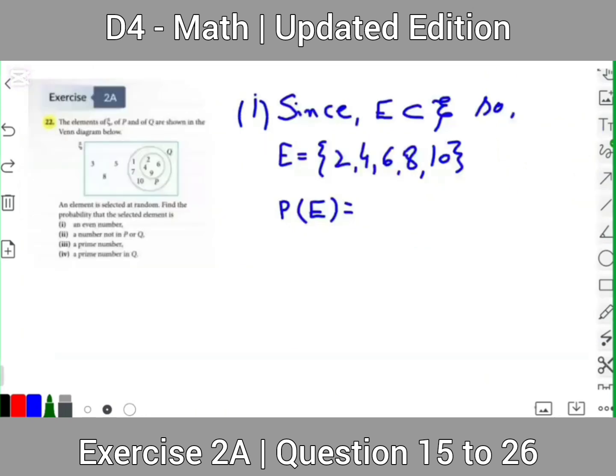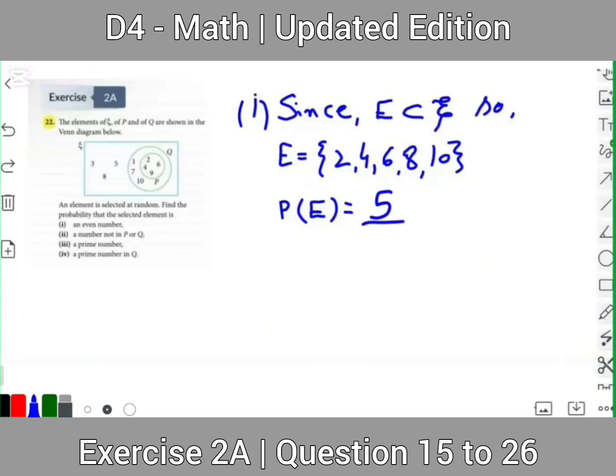Now, question 22. The elements of eta, of P, and of Q are shown in the Venn diagram below. An element is selected at random. Find the probability that the selected element is an even number. So in the first part, since event E is a proper subset of set eta, let E be equal to 2, 3, 4, 6, and 8. So the number of elements in the event E is 5, and the total number